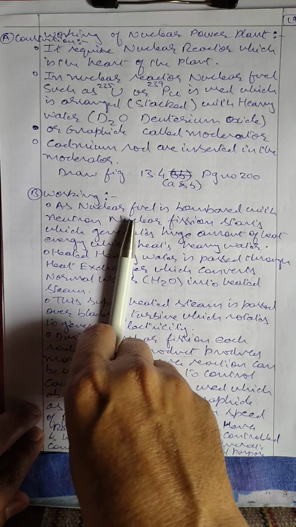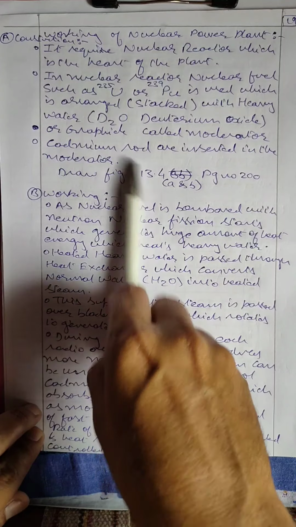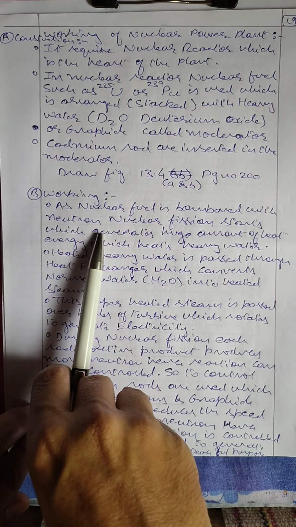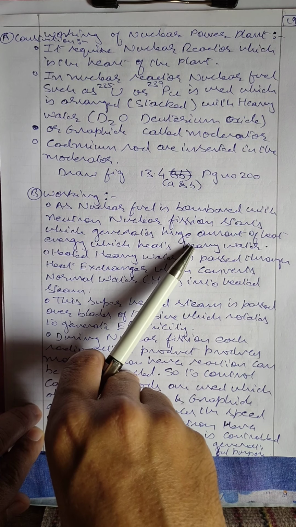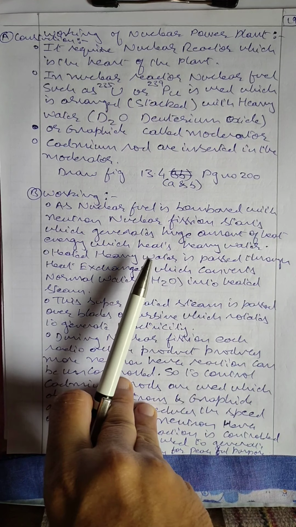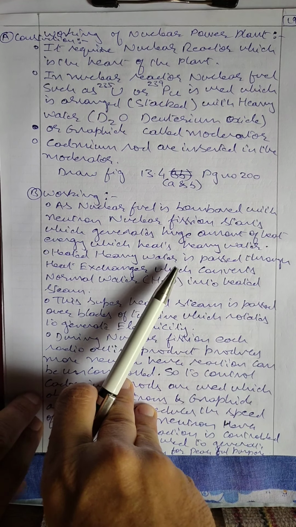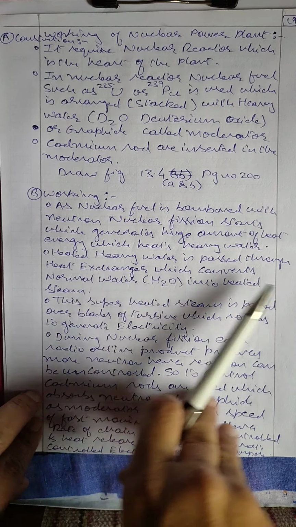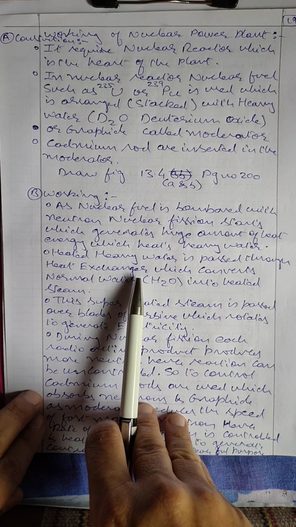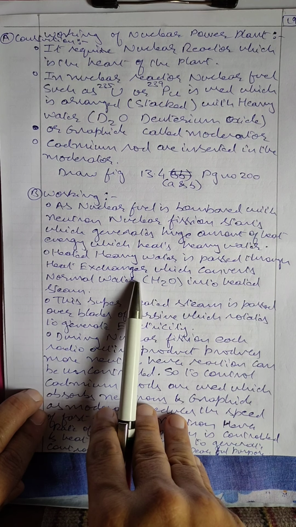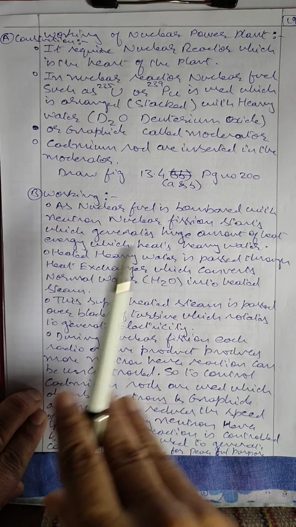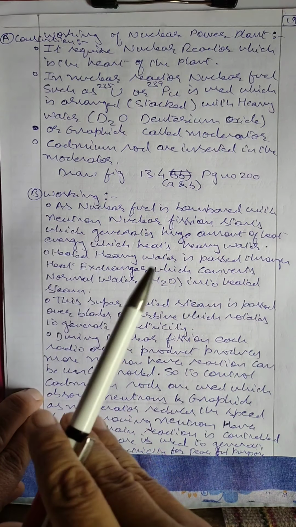First of all, the nuclear fuel is bombarded, nuclear fuel meaning uranium-235 or plutonium-235. When it is bombarded with neutrons, nuclear fission starts, which generates a huge amount of heat and energy. This heat heats the heavy water, and when this heavy water is heated, it is passed through the heat exchanger. I think everyone knows the heat exchanger. A heat exchanger has two pipes. In one pipe, we pass the heated material, and in the other pipe we get the material to be heated.